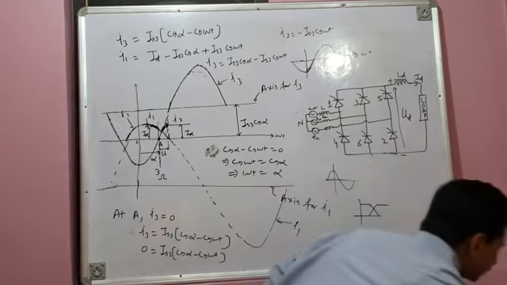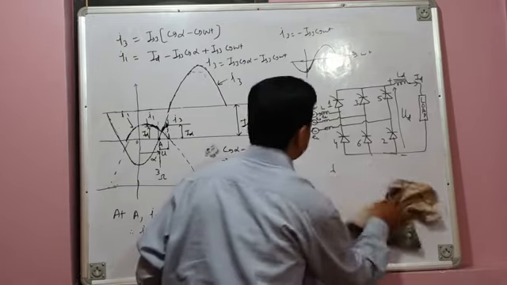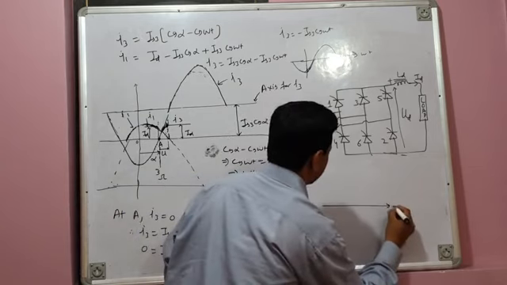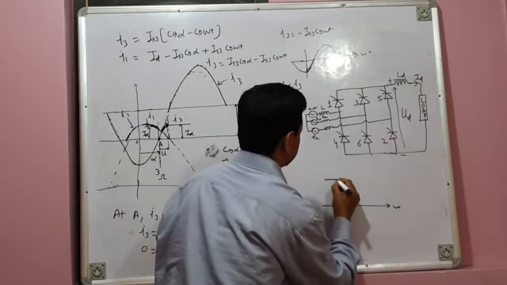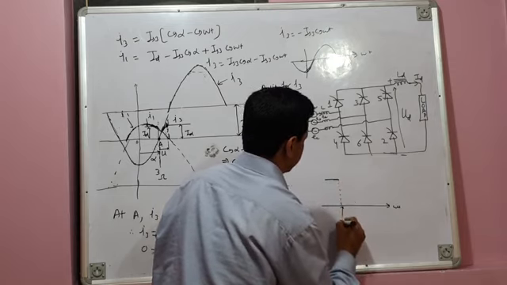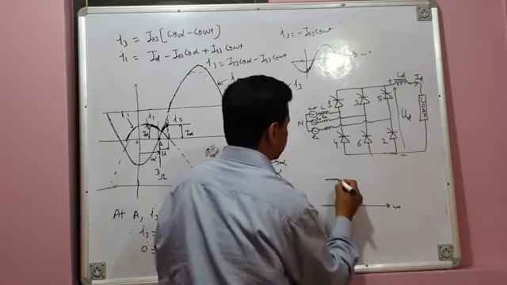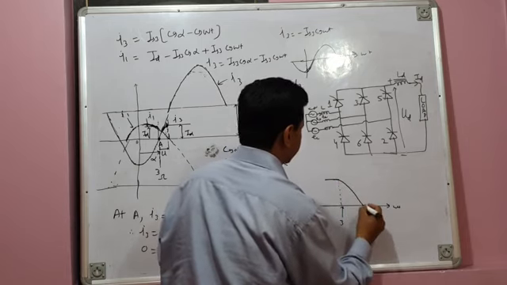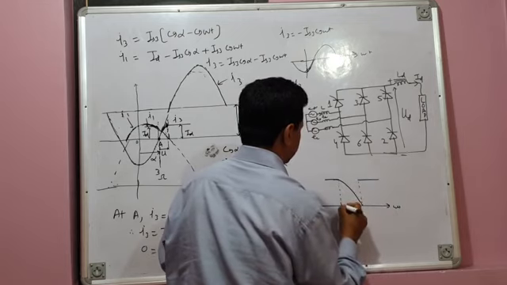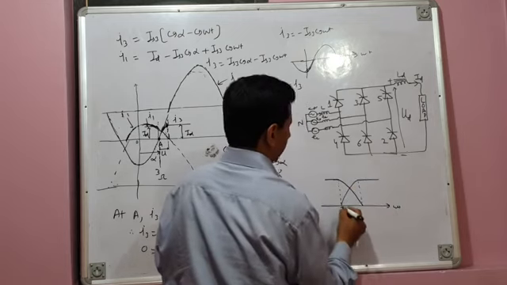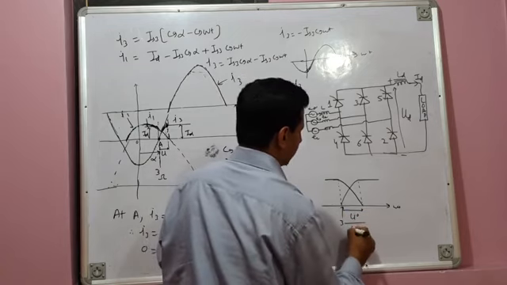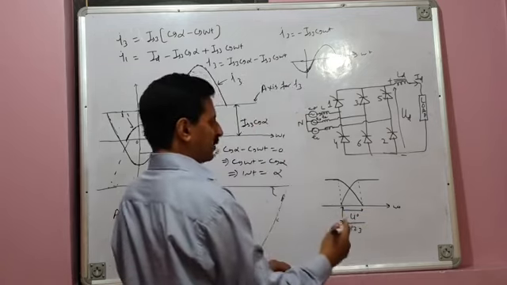So, concluding, we can show these valve currents like this. This is your omega t axis. Let us suppose valve 3 is fired here, and it gives 3 valve conduction. So this is valve 1 current, and this will be valve 3 current. And this is your commutation overlap period, overlap angle U. During this period, 1, 2, 3 valves are conducting.